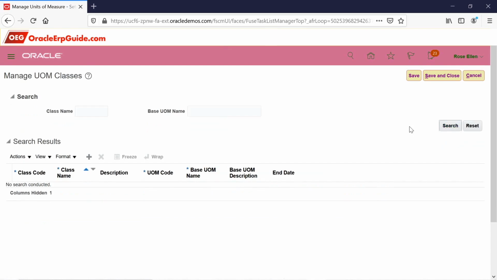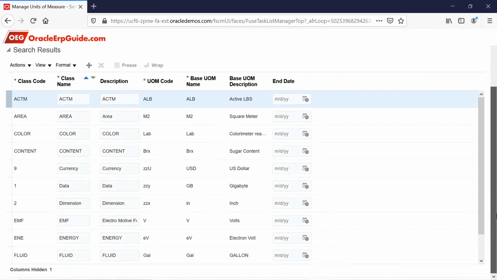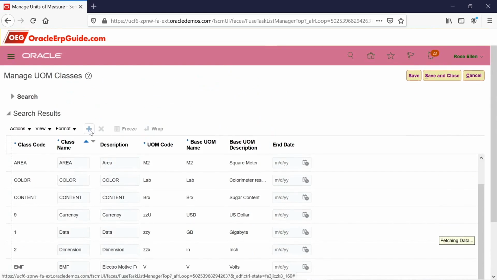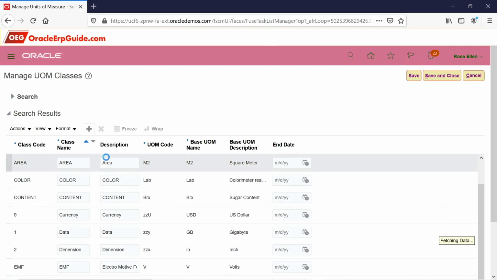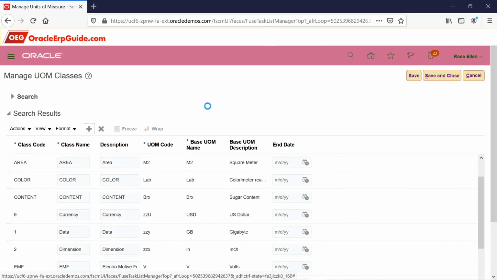So if you give search, system will show which is already available. But in our case, we use quantity. If quantity was not created in the system, you can just click on the UOM class and you can create. Most of the classes have been covered, but still each business scenario might have different classes.